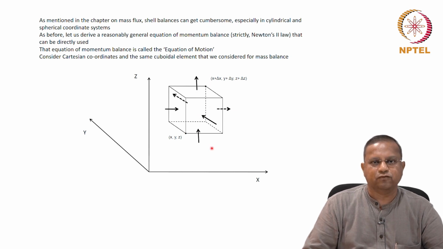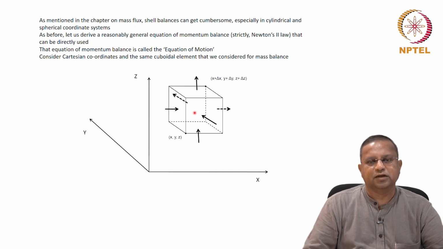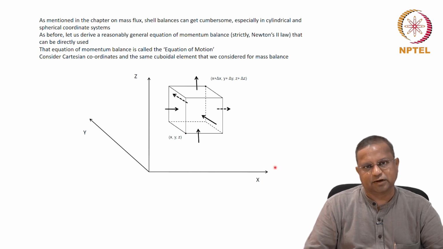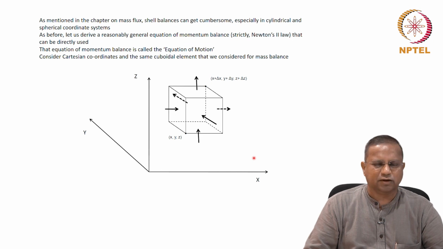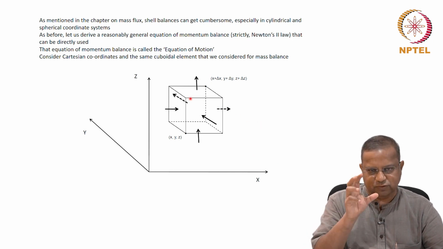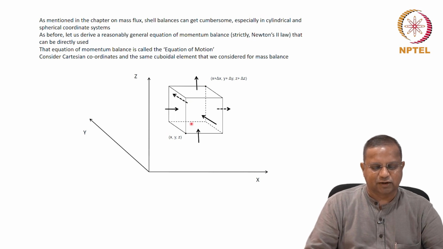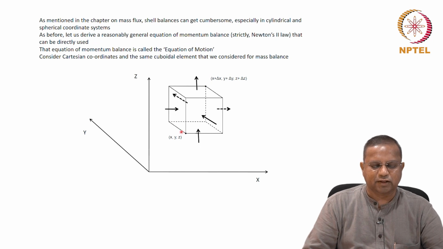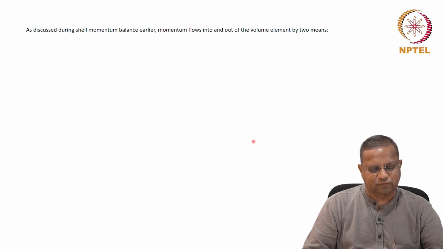And then, of course, at least two major forces that act on this were considered, the pressure force and the gravitational force. If there are additional forces, then you need to add them at that stage and rederive the entire expression. Okay. It will turn out to be an additive feature. So once you develop that view, then you can go to the final equation and start adding. But till then, you need to come here and add the forces at this initial step of derivation.